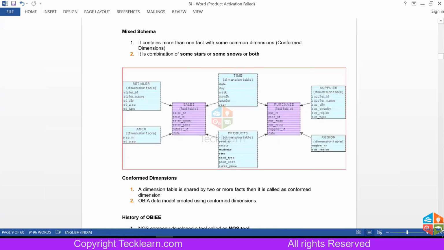And one more thing is the mixed schema. It's nothing but a combination of some star schemas and some snowflake schemas. And we are not going to take this one, because obviously you are not going to combine these two facts directly in normal business scenarios. When you go for a business scenario, you will have those columns in the single fact itself. But if you have it, we will convert these into separate ones, or you will create some alias for these two tables and have a star schema here and another star schema there. We are going to split this mixed schema into two star schemas if the scenario occurs in OBIEE.